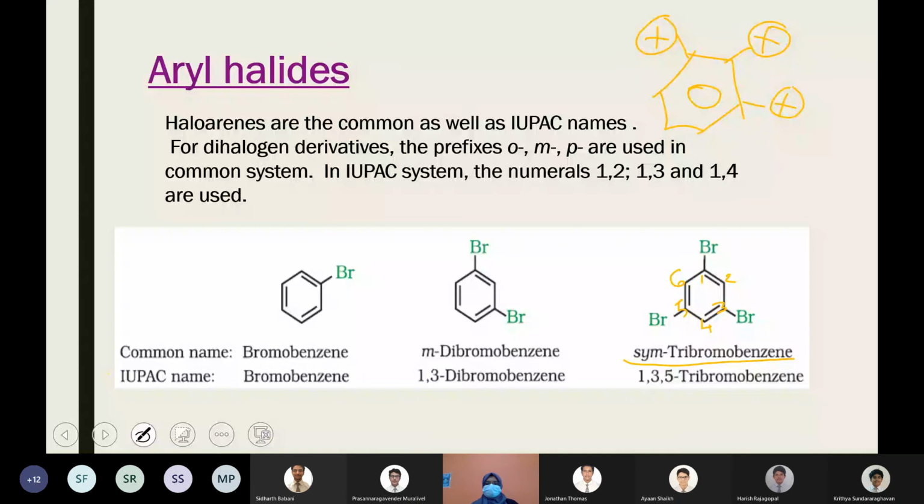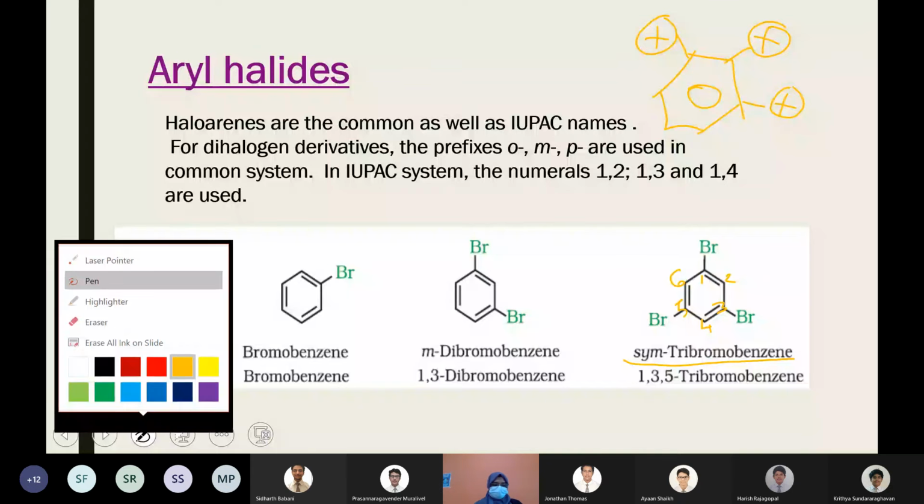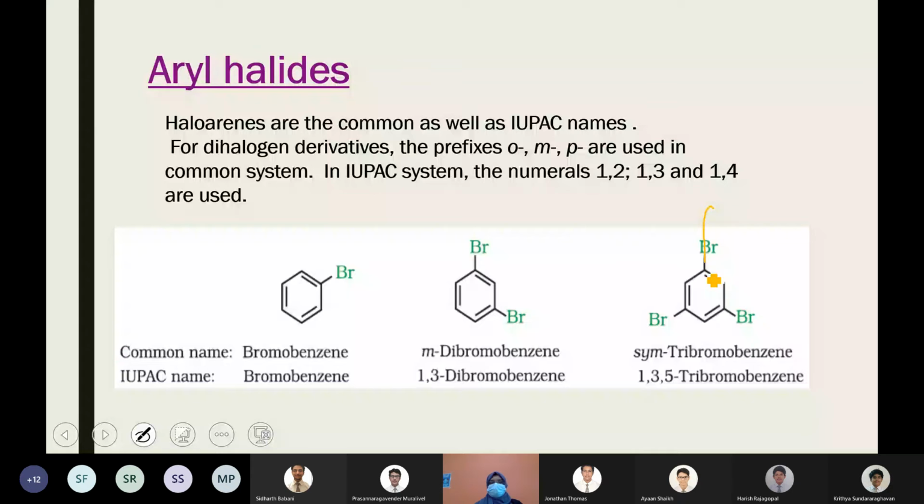Can you explain why SYM is used in the name as well? It's symmetrical. If you divide the compound, bromine, then bromine, bromine, again it becomes symmetrical. You have to start the numbering from here, 1, 2, 3, but again it will become 1, 3, 5 only. So that's the alternative position. You have to start in such a way that the minimum numbers are available for